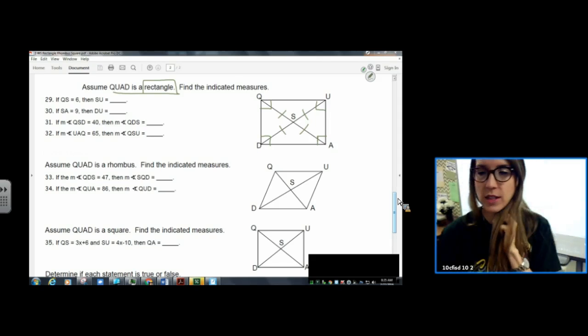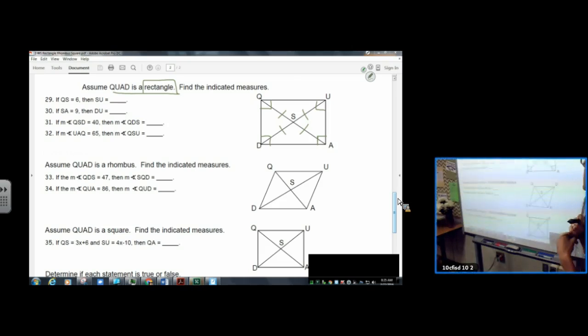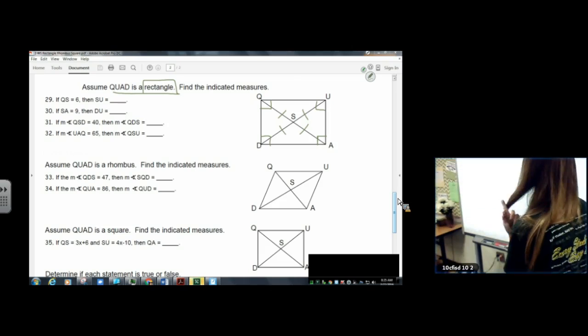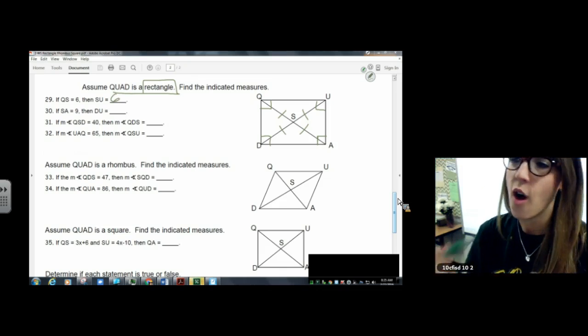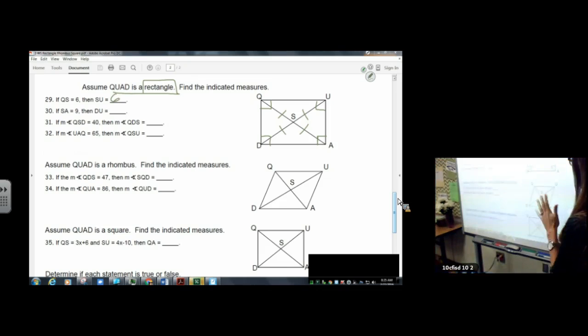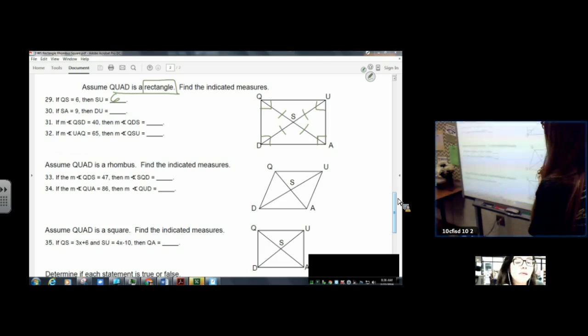All 4 of those segments are the same length. Q, S, S, U, all of them. So if I'm looking at 29 and I know that QS is 6, well then SU, oh my goodness, it's 6. All 4 of those are 6 and the whole diagonal would be 12. So that's pretty easy. 32, if UAQ